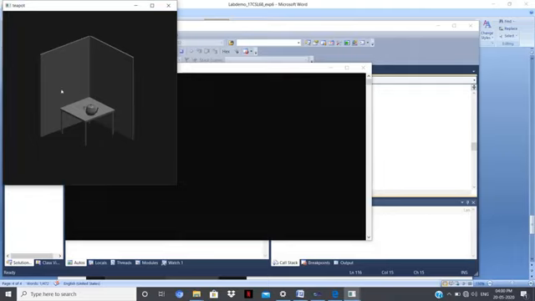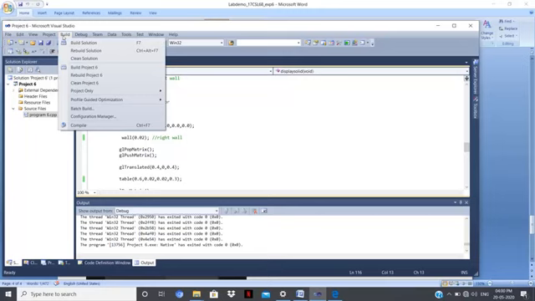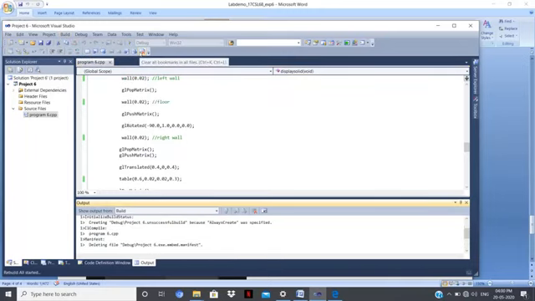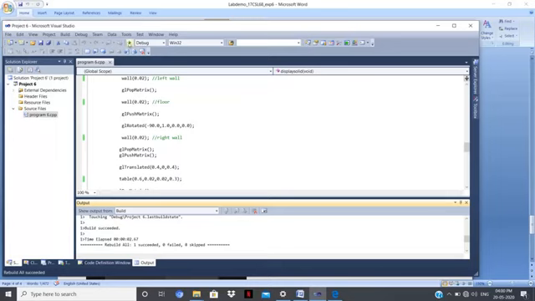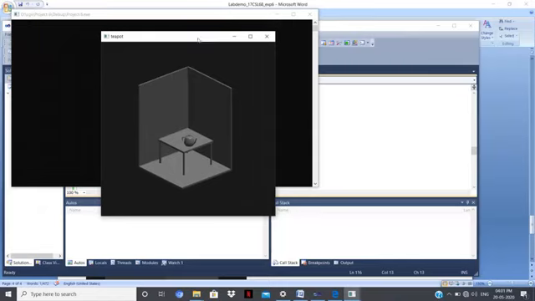Similarly, try this with the other walls. If you don't want one, you can just comment it out and check it. Now I'll remove the comment and rebuild the solution. Succeeded, and this is how the output appears.